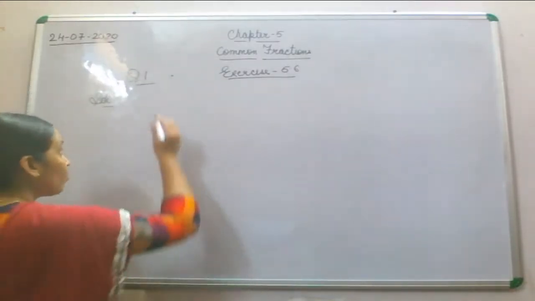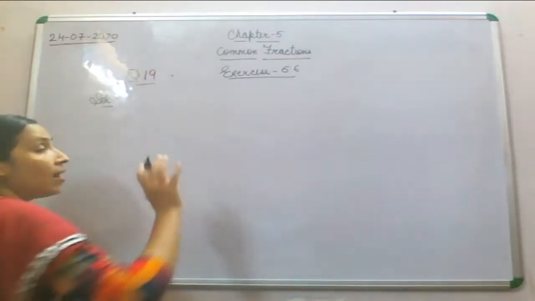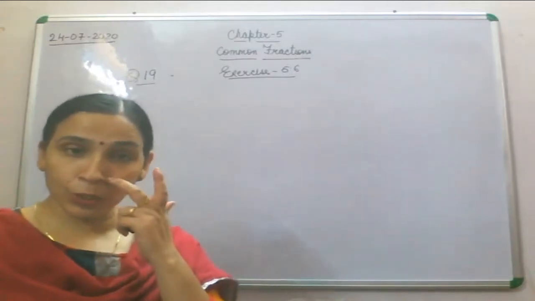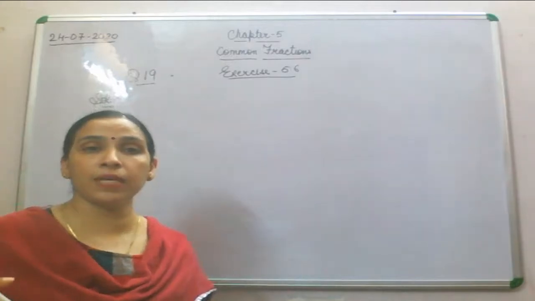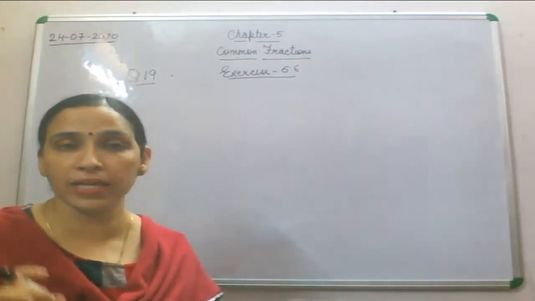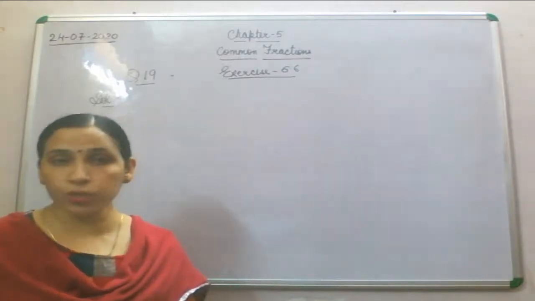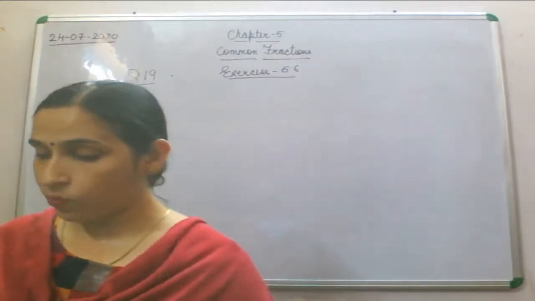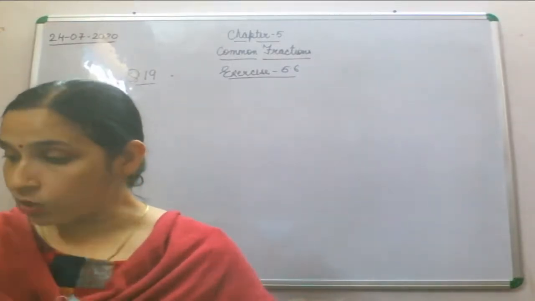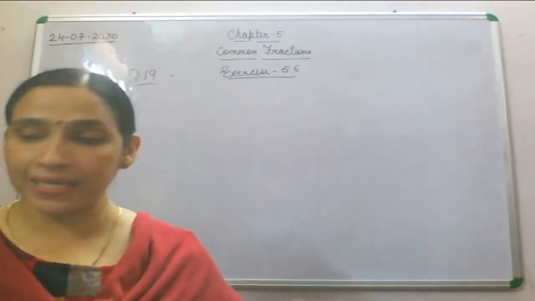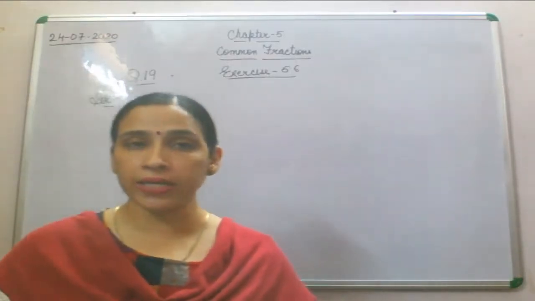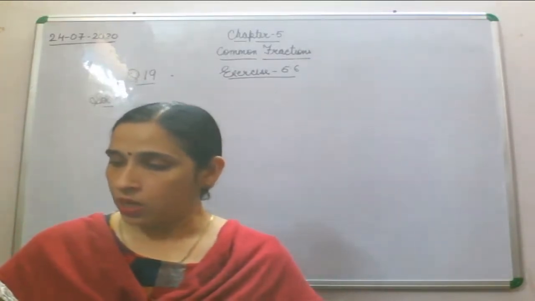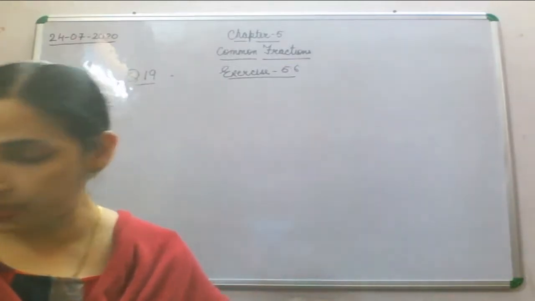I hope by doing this question you will be able to understand why I took that fraction worksheet on Monday. Because in this question you will come across the multiplication of a mixed fraction by a whole number. That's why I took that worksheet, so that you can solve these kinds of questions also. So I'll read out this question once again. What is given in this question? The cost of 1 meter of cloth is rupees 140. Reshma bought 1/4 meter of cloth. Now what did she pay for it?